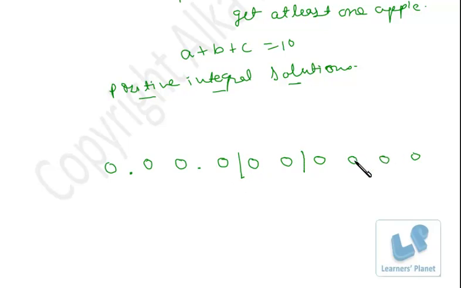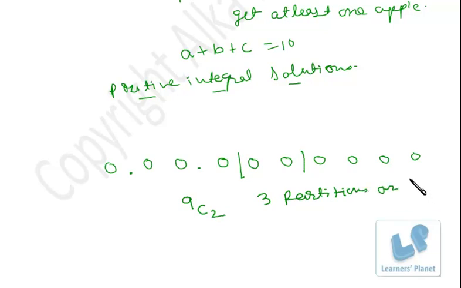Similarly I can choose any gaps, but I have to choose 2 gaps. And how many gaps do I have? I have already calculated 9. Since there are 10 objects, definitely there will be one less gap, right? So out of 9 gaps, if I select 2 gaps, I'll be getting 3 partitions